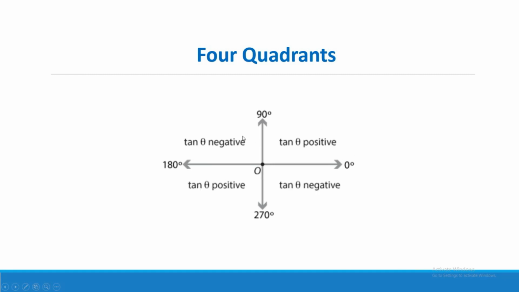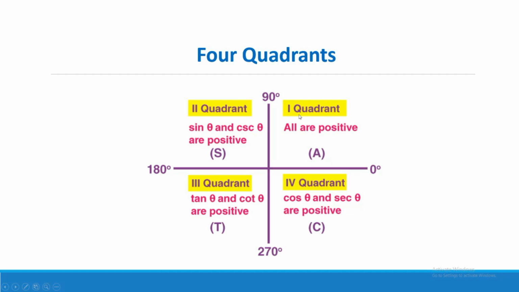And for tangent theta, in the first quadrant, 0 degrees up to 90 degrees, tangent theta is positive. In the second quadrant, from 90 degrees up to 180 degrees, tangent theta is negative. And from 180 degrees up to 270 degrees, tangent theta is positive. And last, in the fourth quadrant, 270 degrees up to 360 degrees, tangent theta is negative,